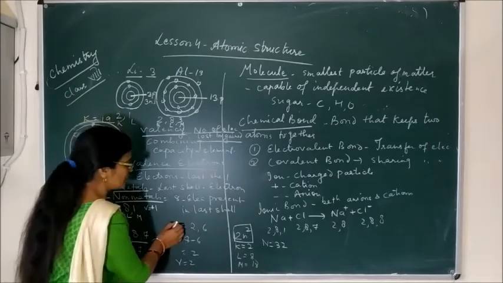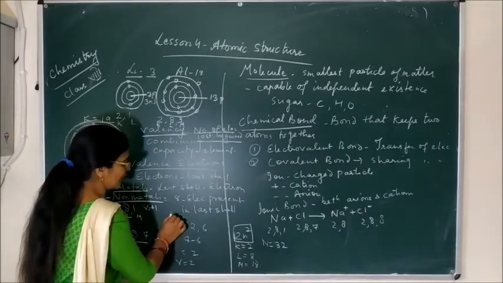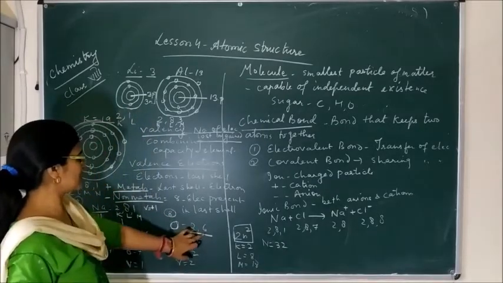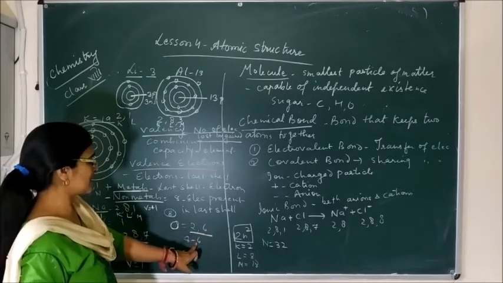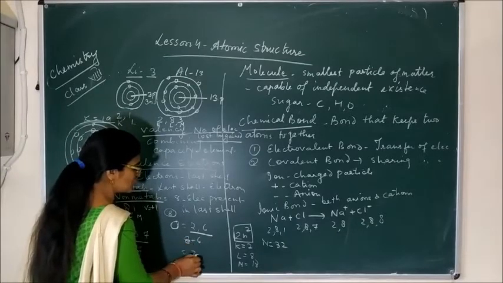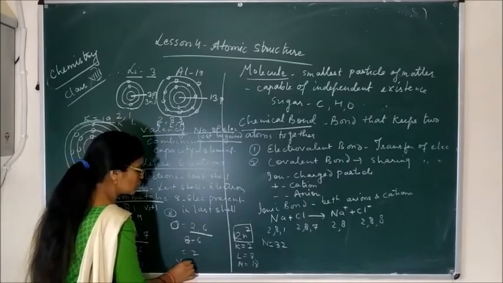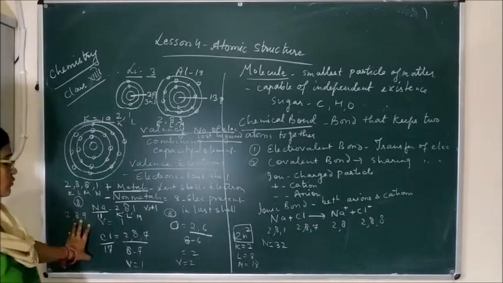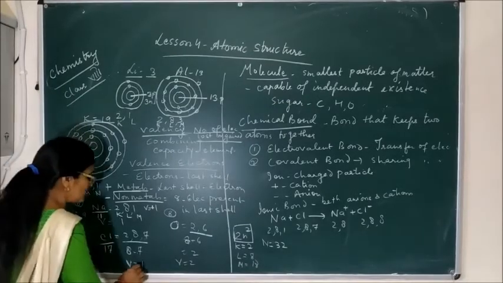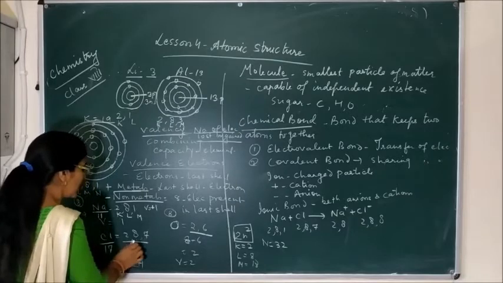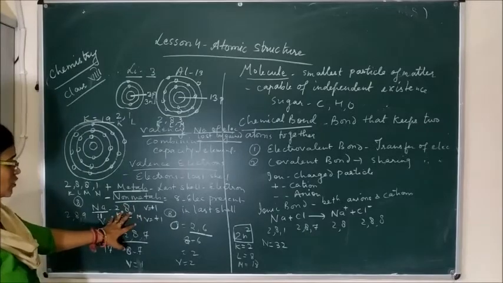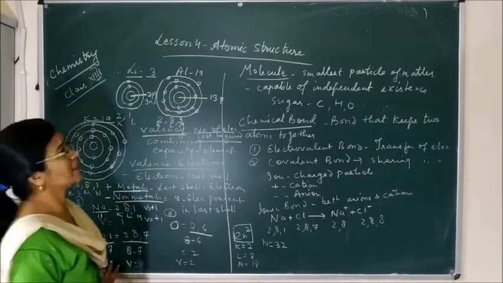The same way, oxygen atom, if we calculate, oxygen has atomic number 8. So its electronic configuration will be 2,6. 2,6 means the last shell has 6 electrons. So we simply subtract from 8. So 8 minus 6 means 2. The valency of oxygen will be 2. So here one thing you have to keep in mind, that metals always have positive valency, like sodium, +1. Means it will always show positive valency, and non-metals always show negative valency.